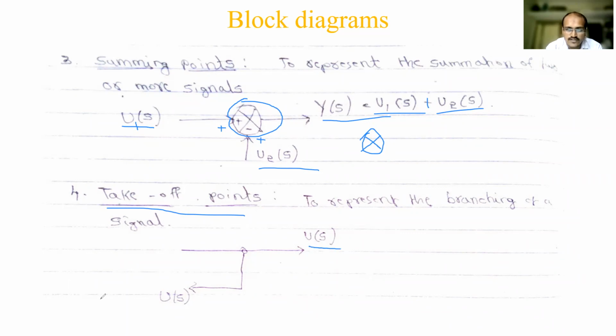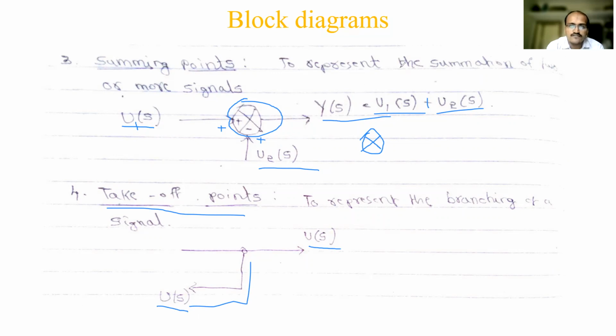You got the results and those results are fed back to the teacher, and the teacher will analyze them and make some changes in his teaching or in his notes, right? For that we take feedback. In the same way in a block diagram, to take feedback, these takeoff points are used. They represent the branching of a signal, and this value is same as this. Whatever value is there, the same thing will go over here. So this is about the four elements.